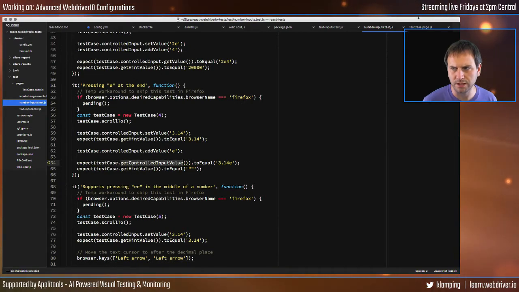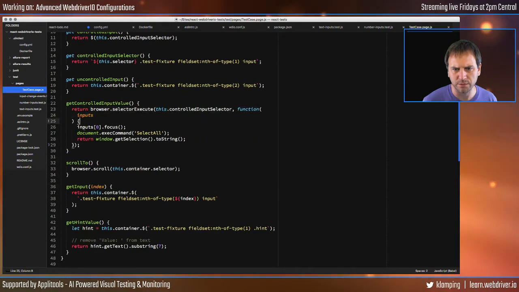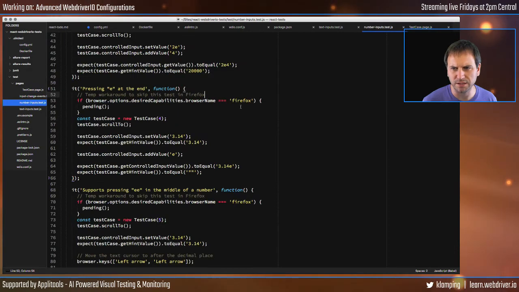And get controlled input value is a special action that we take to focus and then use this select all command and then return the selection from the clipboard. And for some reason that's returning blank